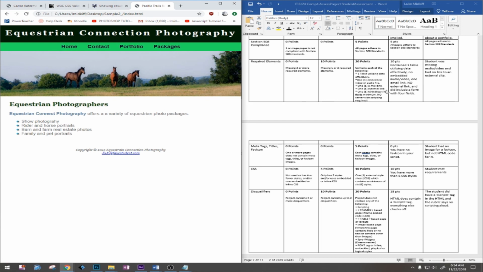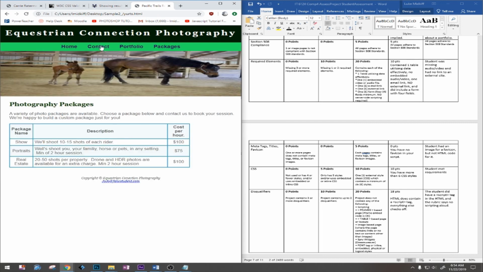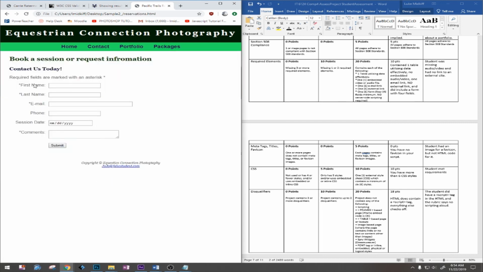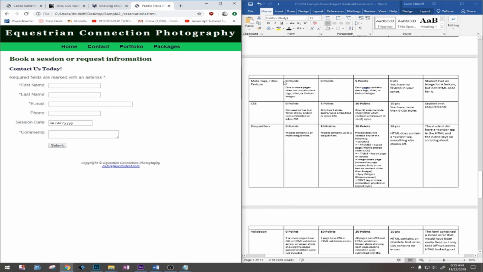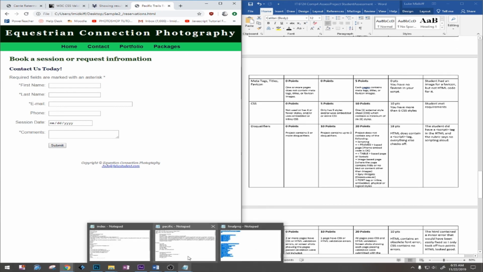And she, or he, whoever made this page, did include a form with 4 fields here in the contact information, with 1, 2, 3, 4, 5, 6. So I took 10 points off for that because of missing 1 or 2 required elements, and that's what I said pretty much verbatim right here. Now moving on to the meta tags and titles. Favicon, is this the